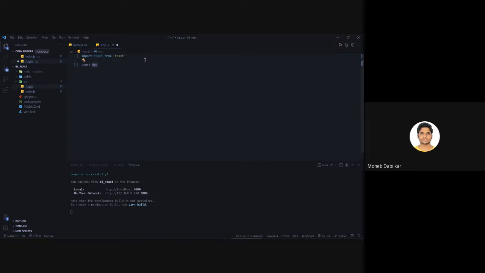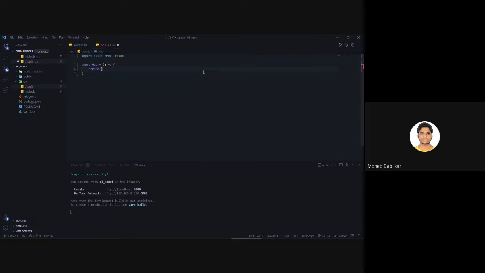Every React component, we will be talking about that later on, should have a capital letter at the beginning. There are other rules as well, like for the hooks, if you make a custom hook, it should have a use in front of it and that stuff. So we'll say const app equals to, for now it won't be taking in anything, and we will just say